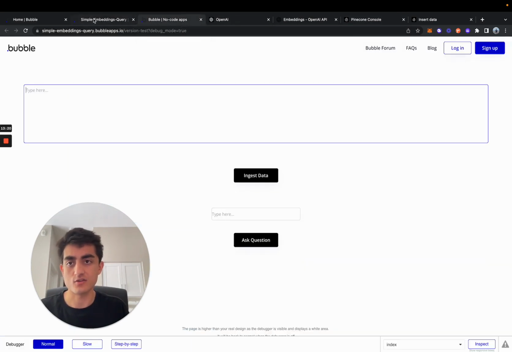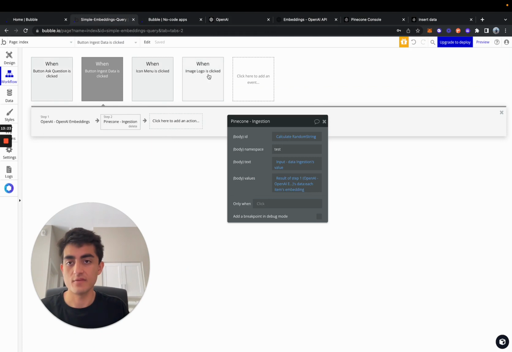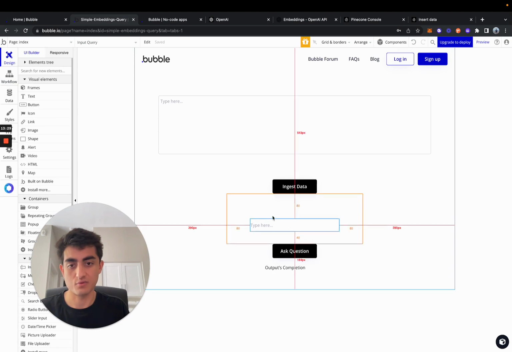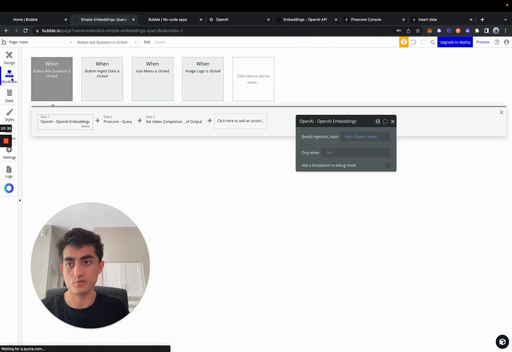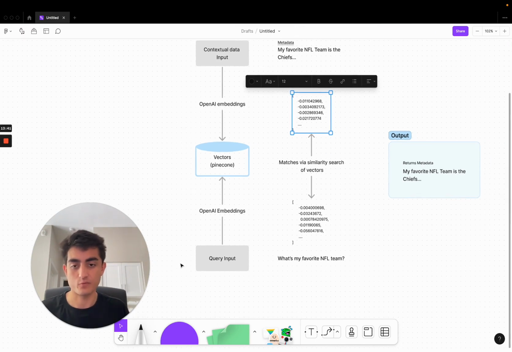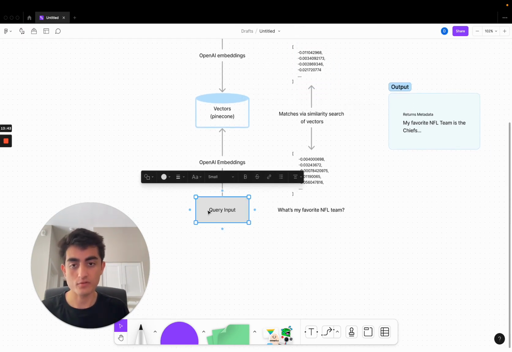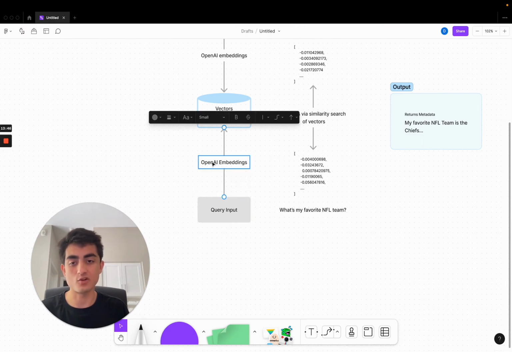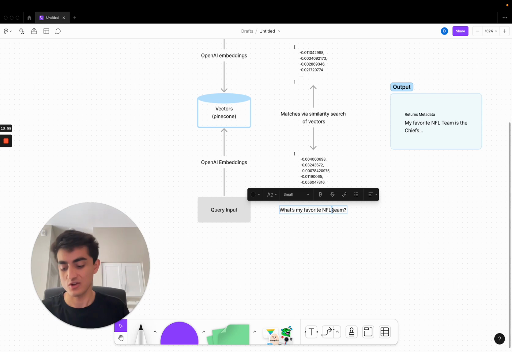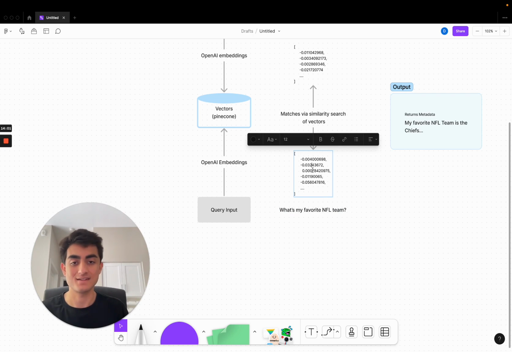But yeah, once we have the ingestion phase complete, if you come into ask a question, this is essentially this input here, really quick, really simple. But if we come back in, we're doing that same exact process. So if I come back into my little Figma design here, we can see where we have the query input. Again, we're putting that into OpenAI embedding. So in our example it was, what's my favorite NFL team? So again, we're taking this question, this query, this prompt, and converting it again into